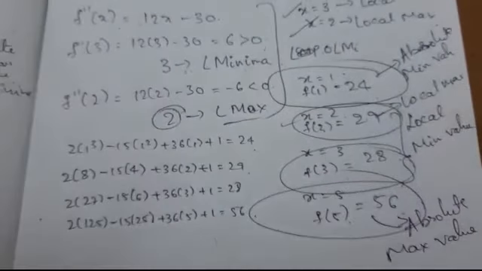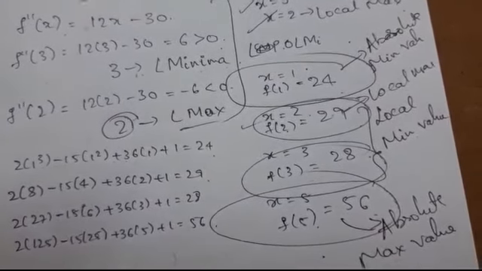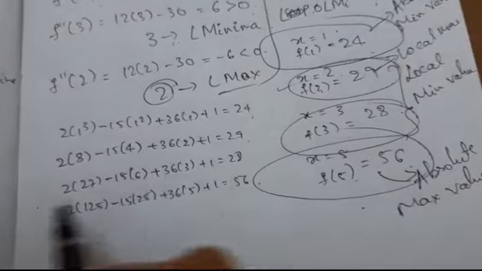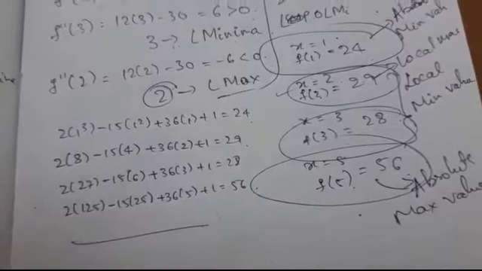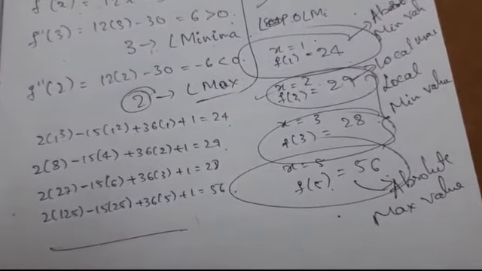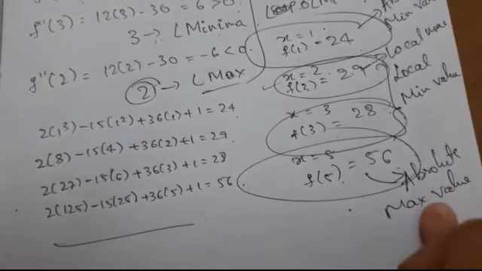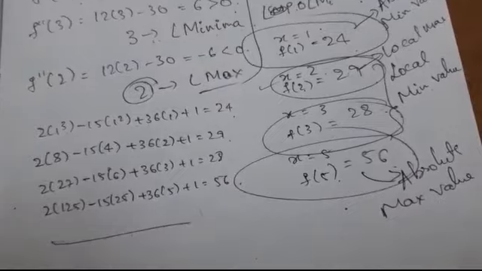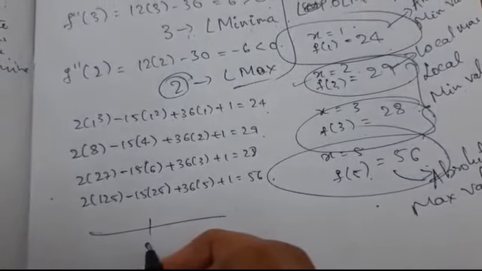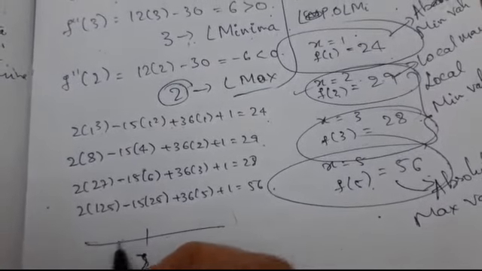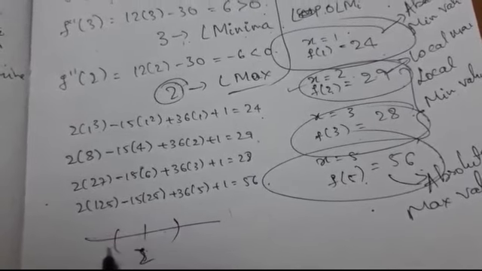The next question: you might wonder whether the absolute maximum value also becomes a local maximum or local minimum value. When I am talking about the absolute maximum values on the graph, the local maximum value can become the absolute maximum value. Now my question here is whether the absolute maximum value becomes the local maximum value. When we are talking about the local maximum value, along the critical point, when I take this 2 as a critical point, we consider a small interval near this 2 towards the left and towards the right.